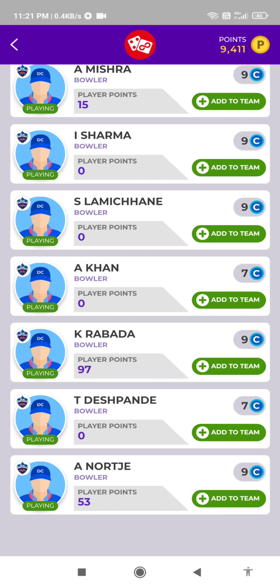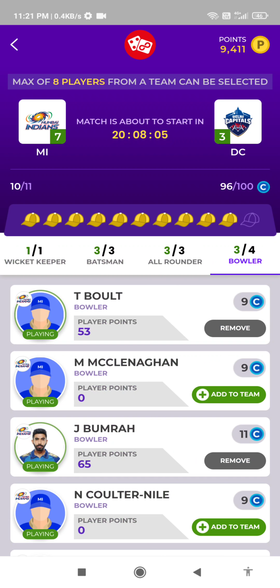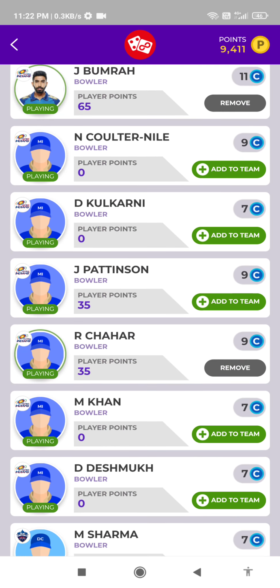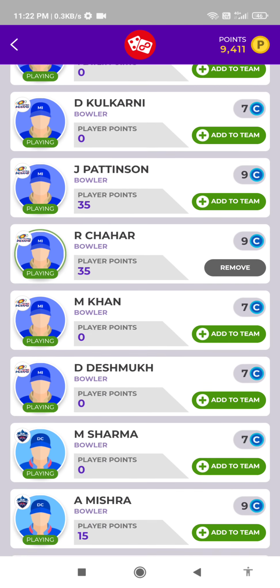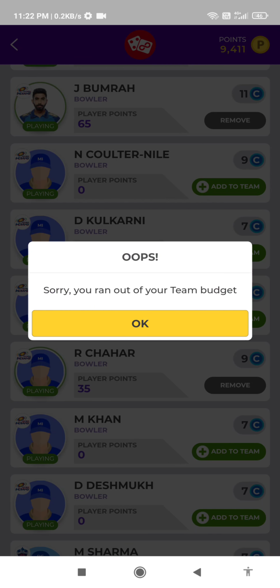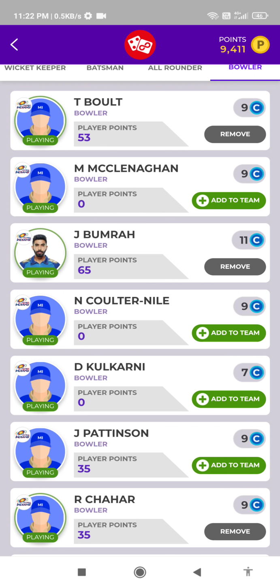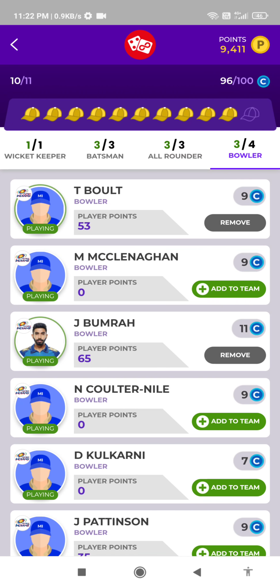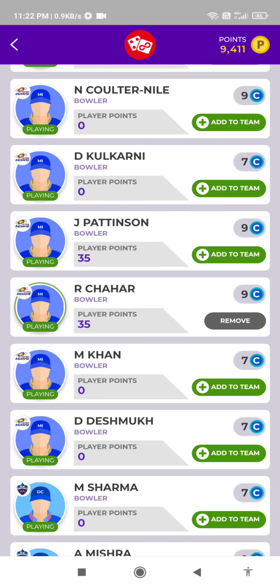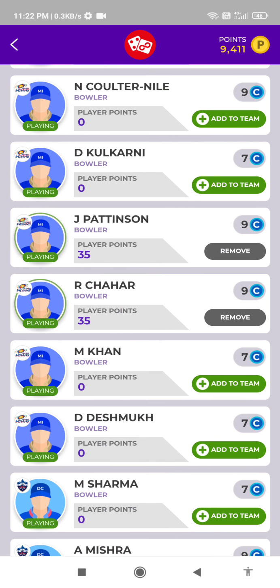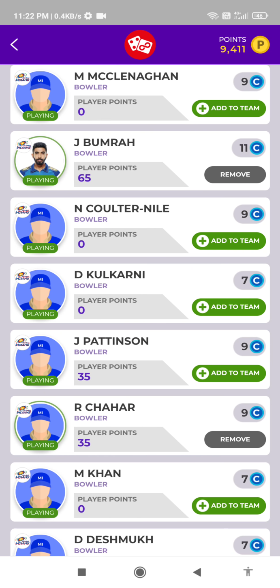But I can't lose my extra points, means extra costs, means game costs. So I want to choose a lower cost player like D Kulkarni, but I can't choose. So I want to remove one. So I am removing T Bolt from the bowler section and choosing J Pattinson, but I can't because it's 9 only.